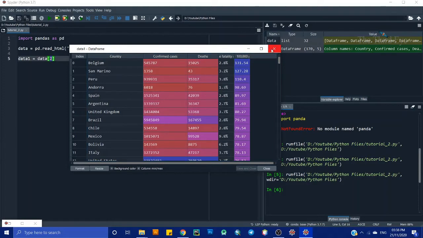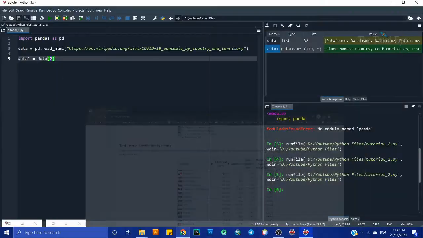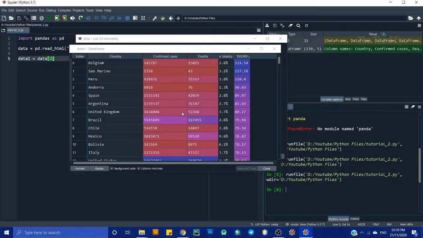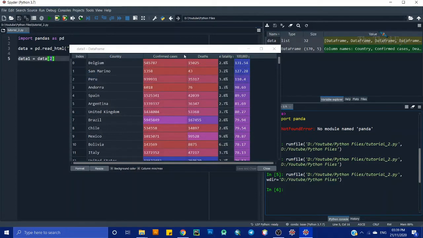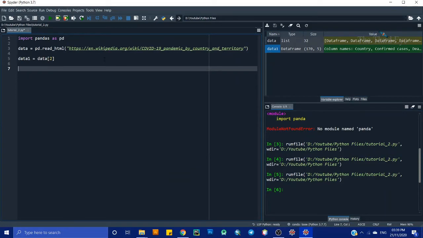So the next thing we need is, let's take only these confirmed cases and deaths. Let's plot just one thing, only the death curve. If I wanted to use only this death data and the country data, how am I supposed to do it? If I need to plot this data into a graph, how do I do that? That will be data one dot plot,